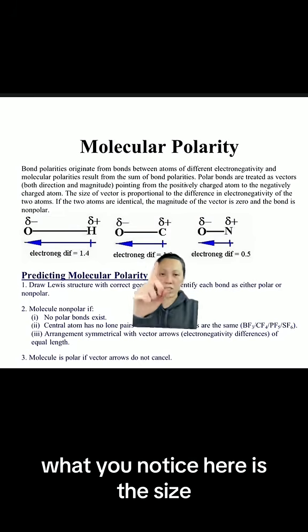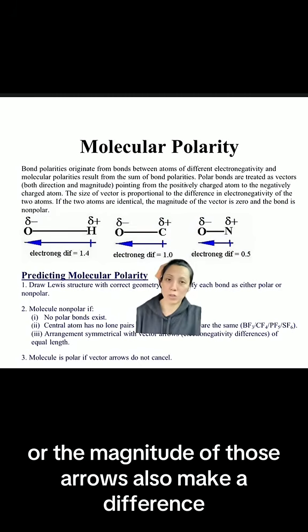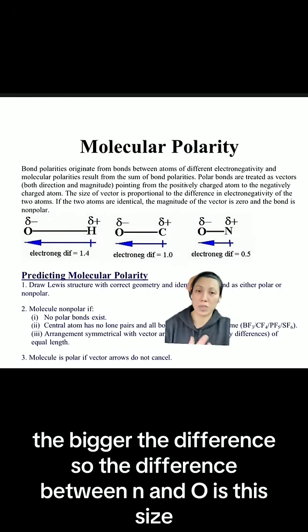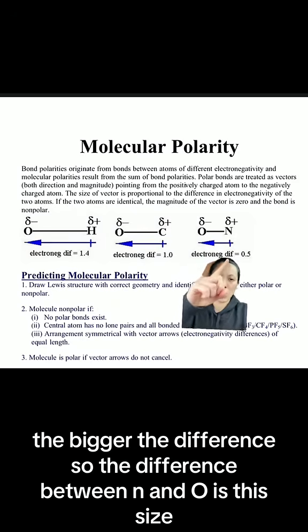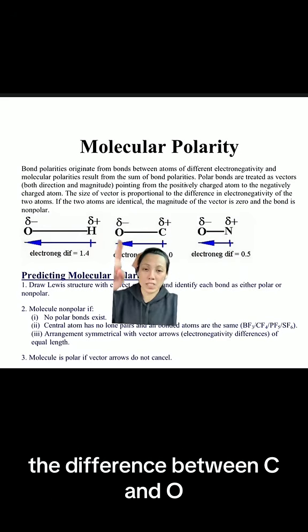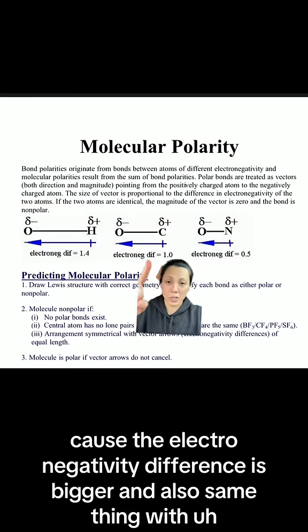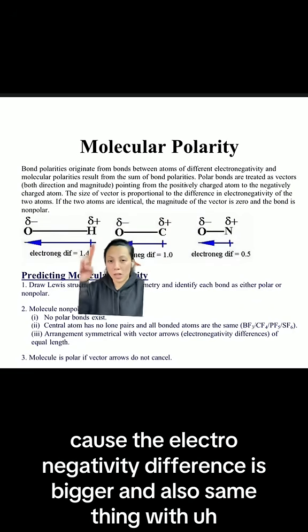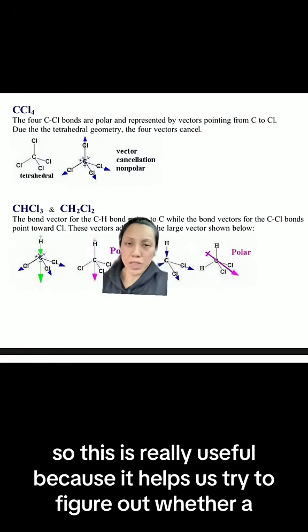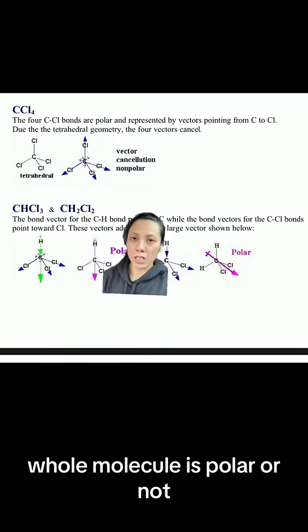What you'll notice here is the size, or the magnitude, of those arrows also makes a difference. The bigger the size, the bigger the difference. So the difference between N and O is this size. For C and O, you can see the magnitude of the arrow is bigger because the electronegativity difference is bigger. And the same thing with H and O bonds. So this is really useful because it helps us figure out whether a whole molecule is polar or